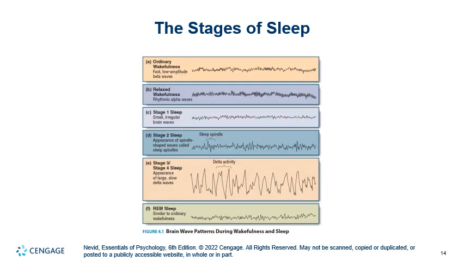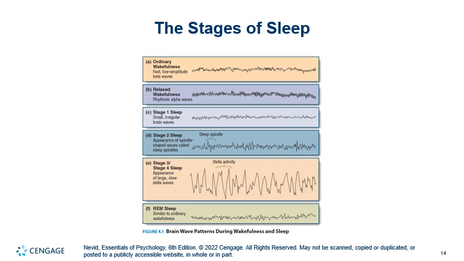This chart provides a visual cue to the brain wave patterns and how they vary by sleep stage. Again, this is measured using an electroencephalograph, EEG. During the wake stage, you can see that the alpha and beta waves are predominant. In stage 1, theta waves gradually replace the alpha waves, marking the transition from wakefulness to sleep.